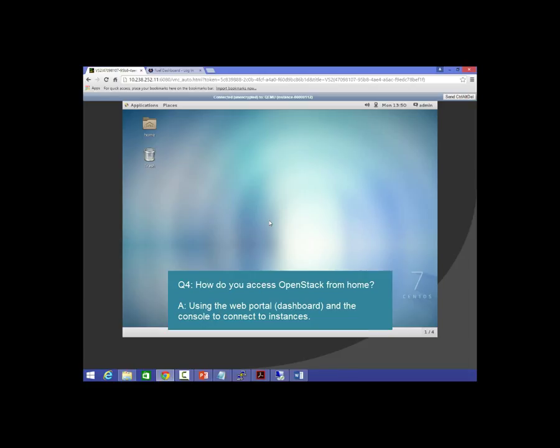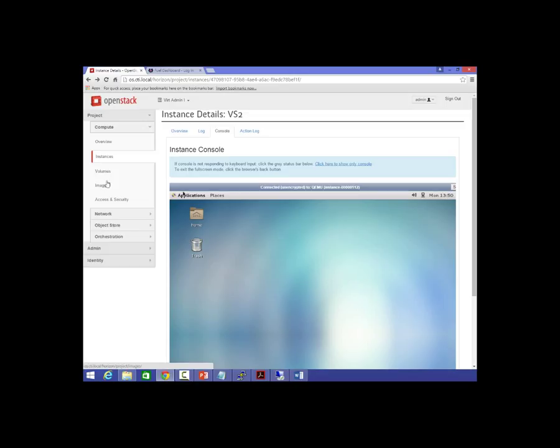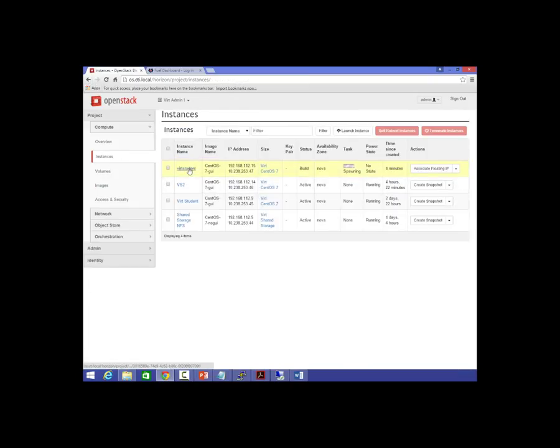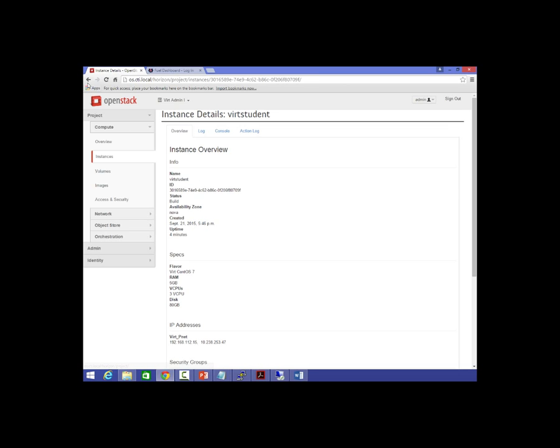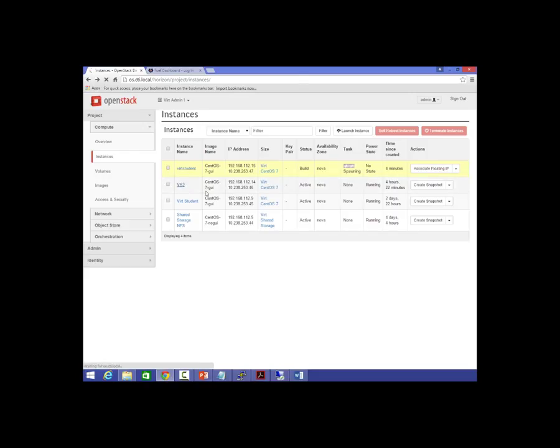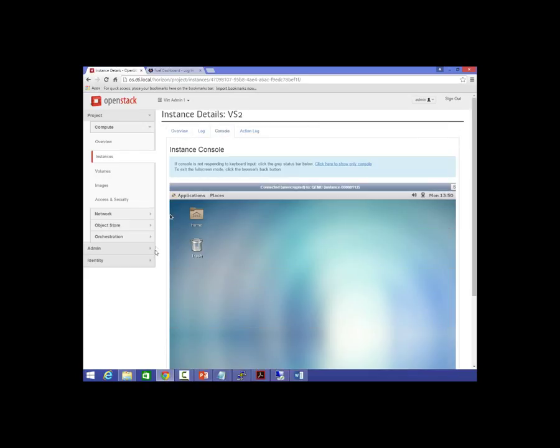You would log into it through OpenStack. Like if you were at home, just what I did just a second ago. You would log into the same place that you go to create your images, and then instead of using PuTTY or RDP, you actually click on the instance name, which normally you would just have yours. You would have your own. You wouldn't be able to see everybody else's. Oh, that one's still spawning. Guys, you're not going to log in from home yet to work on these. This is still a work in progress.